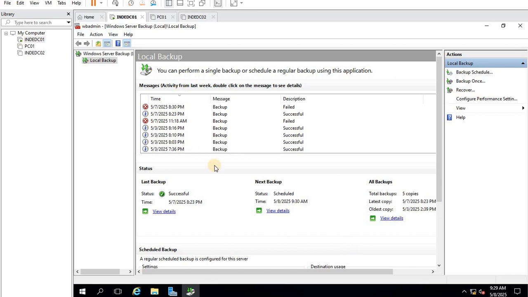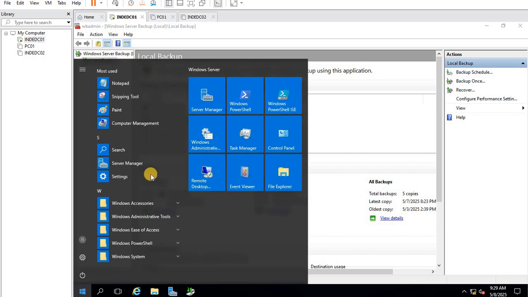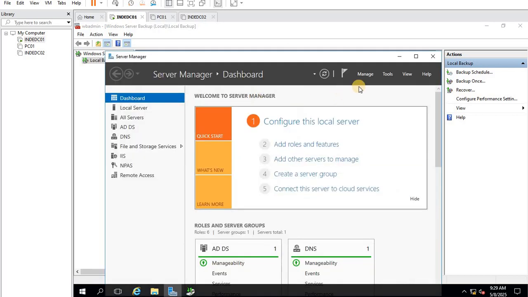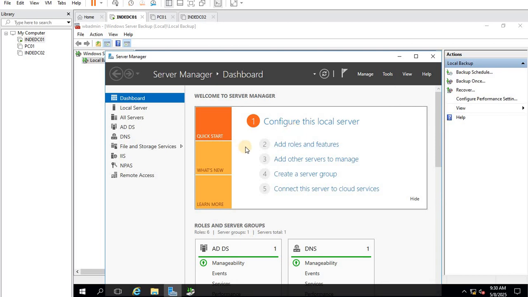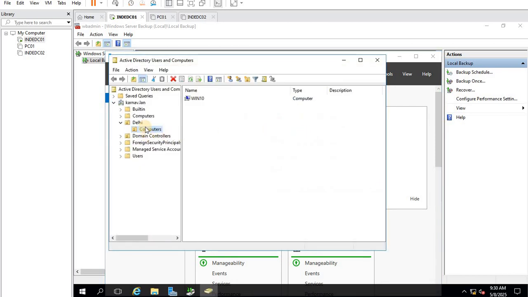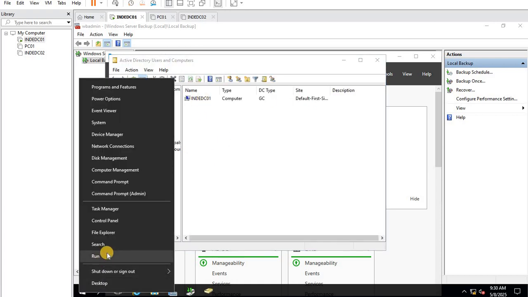So what I have done till now, I have promoted this server as a domain controller, that you can see here. Okay, I have installed Active Directory. If you see, this is my domain controller and this is the host name of this computer.